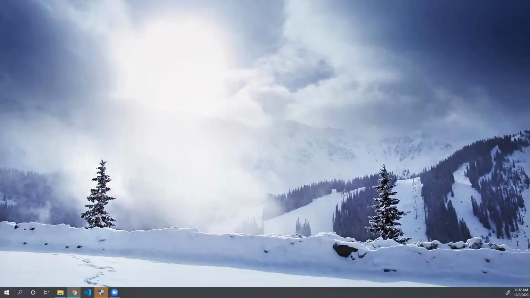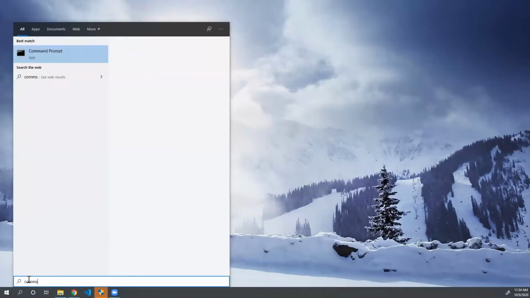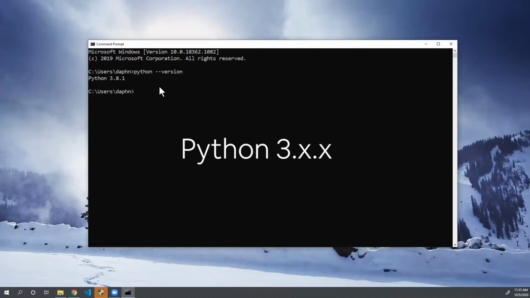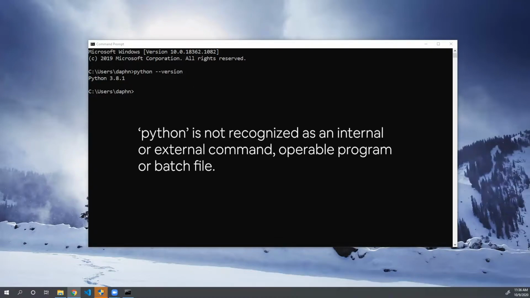Let's get started. First, let's open up our command prompt. Within the command prompt, let's type this line of code, python --version, and press enter. If the result is Python 3 and a number, you are good to go. If the result is otherwise, for example, Python 2 or something like this, you will need to go to the